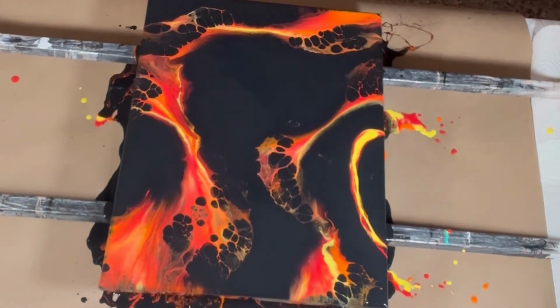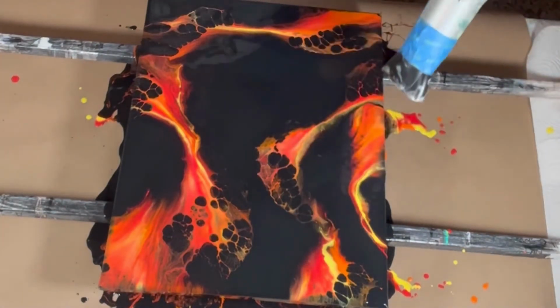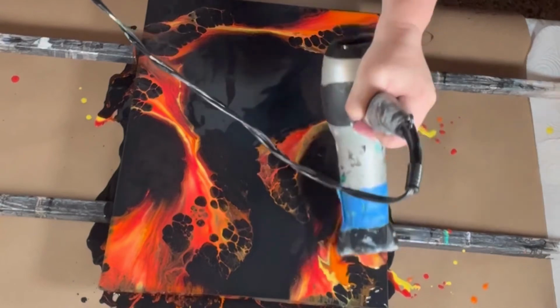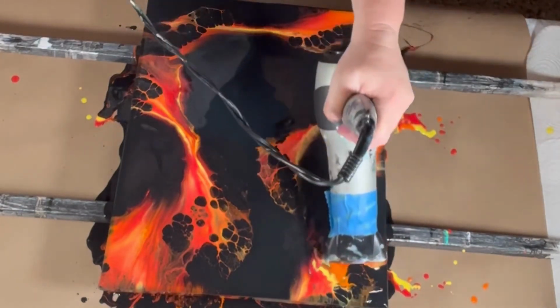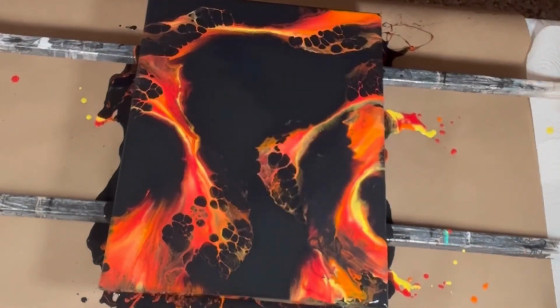And so I wanted to add a pop of color in there. And so now I'm playing with this edge. And I'm liking what I'm seeing as I blow it out, you know. Oh, this is cool. This is fun. But like I said, you know, as you watch and this progresses,